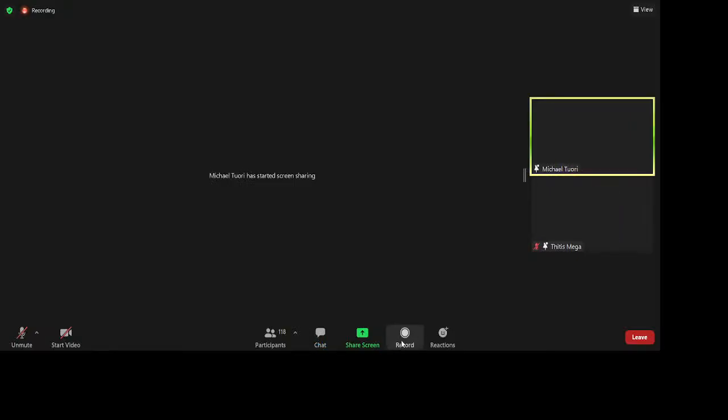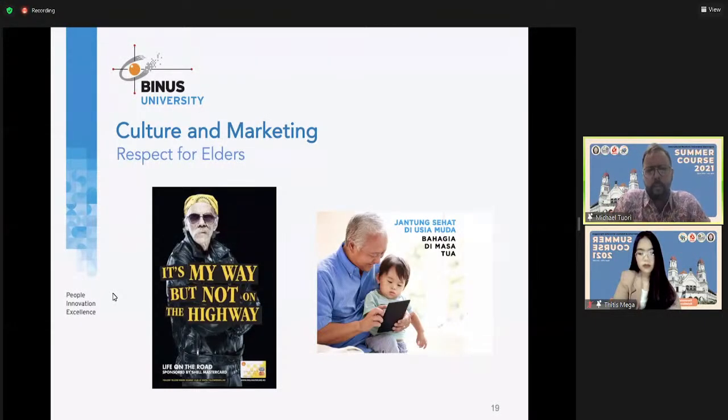Being kind of silly in that way is very accepted in that culture. Do you think that the advertisement on the left would be successful in Indonesia? Would it be acceptable to make an advertisement like that? Yeah, maybe not. It's not something you're going to see. You wouldn't see this advertisement here. It's not going to work very well